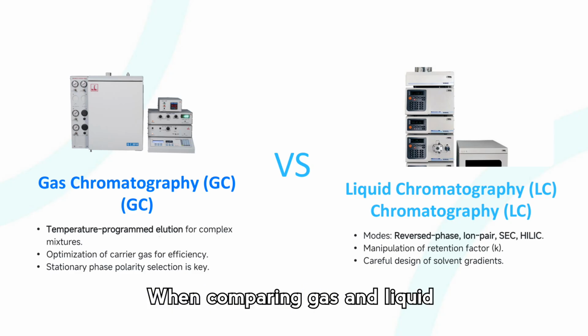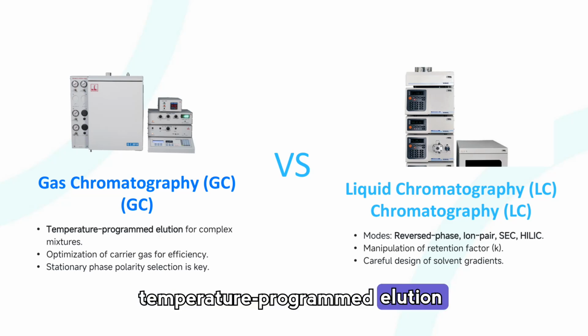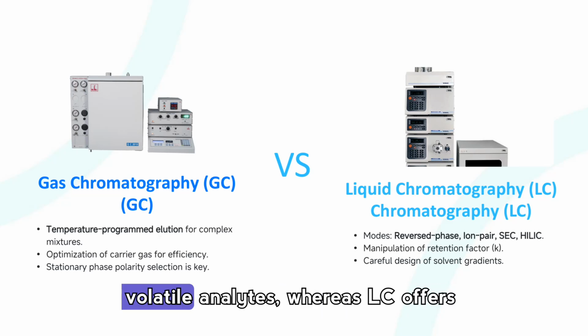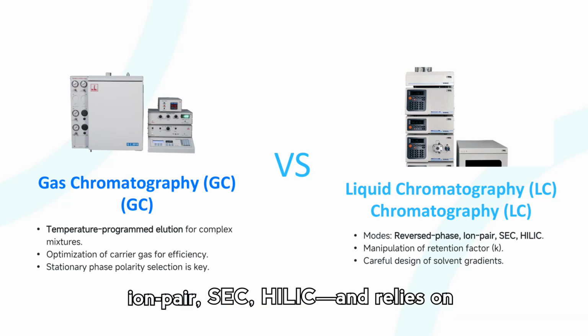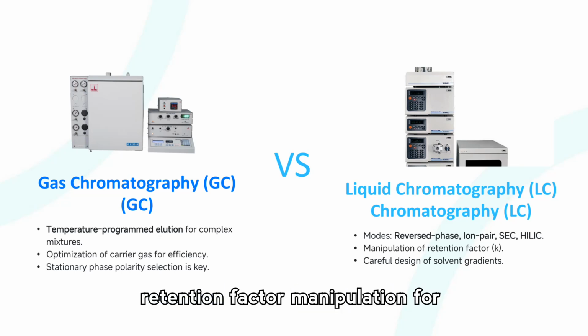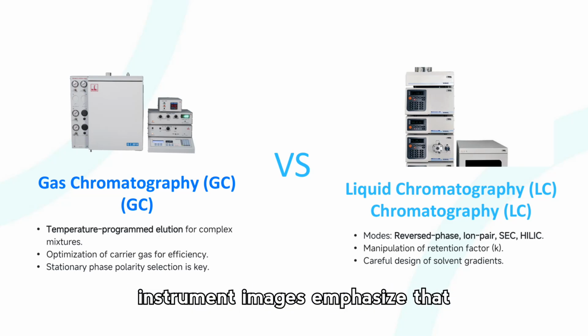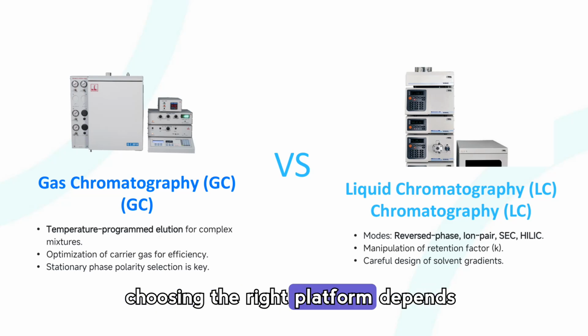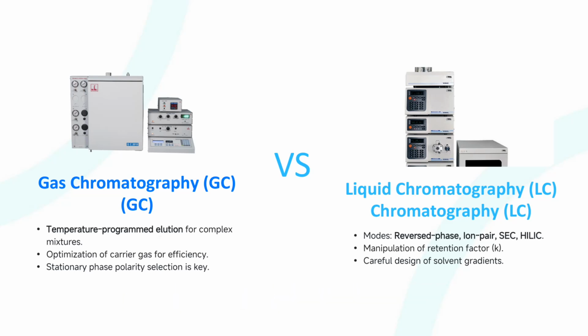When comparing gas and liquid chromatography, GC uses temperature-programmed elution and carrier gas optimization for volatile analytes, whereas LC offers many modes: reversed phase, ion pair, SEC, HILIC, and relies on careful solvent gradients and retention factor manipulation for non-volatile or polar compounds. The instrument images emphasize that choosing the right platform depends on volatility, polarity, and the analytical question